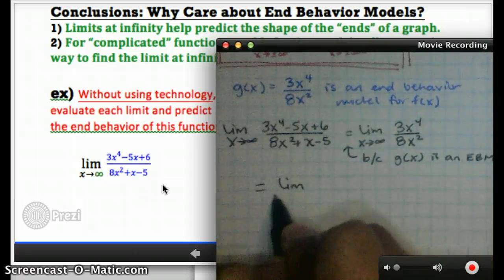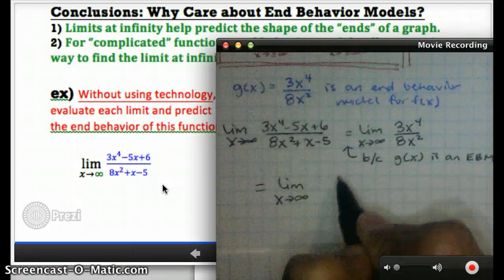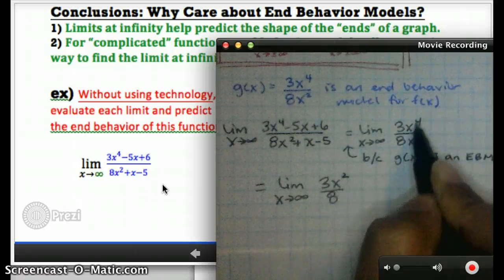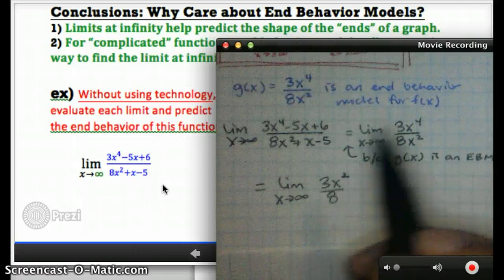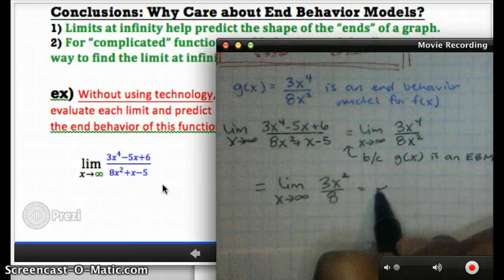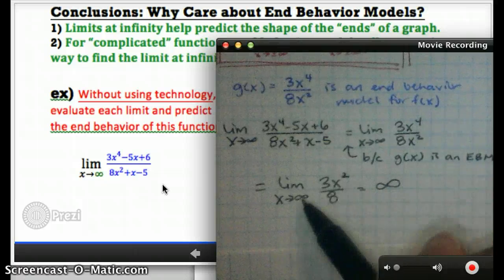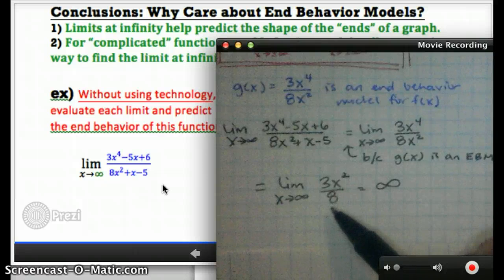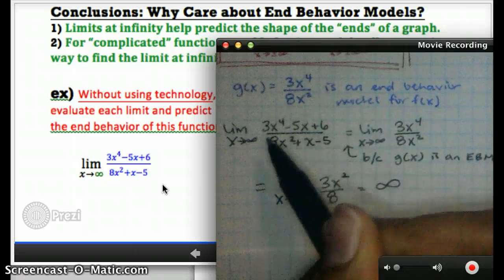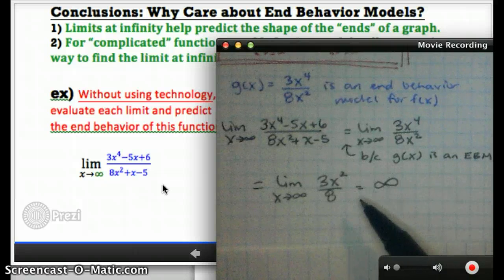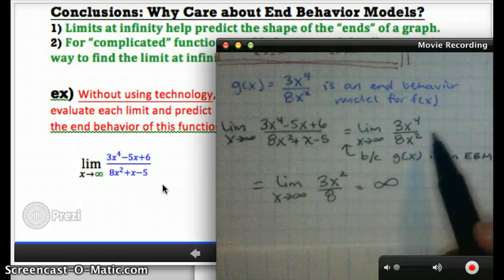This limit's easy to evaluate because we can just simplify algebraically. We now have the limit as x approaches infinity of 3x squared over 8. I just cancel out an x squared. And this limit, I can confidently say, is going to equal positive infinity because this limit has very, very large numbers on the top and just a constant number on the bottom. This is the best way to calculate the limit of a rational function, but it does require that you've proven